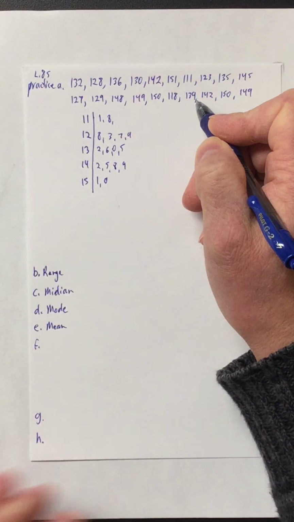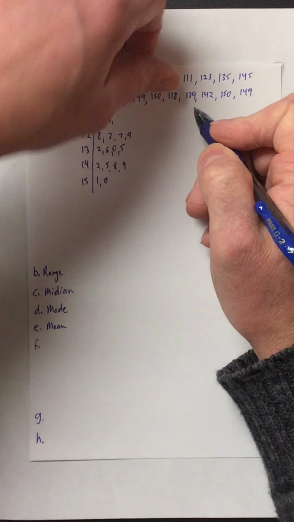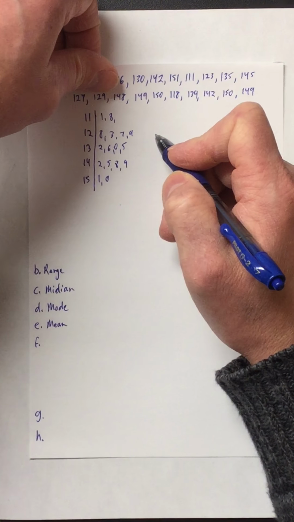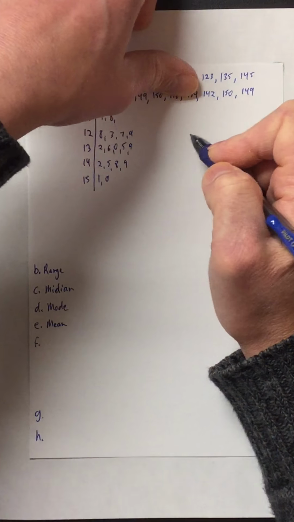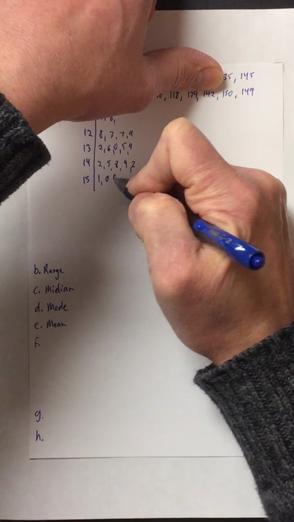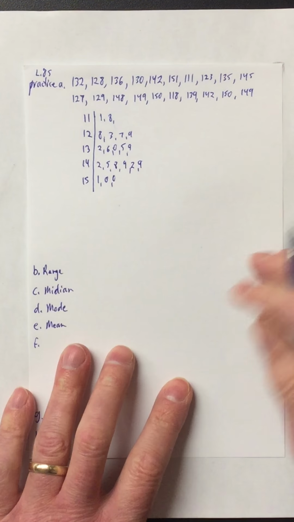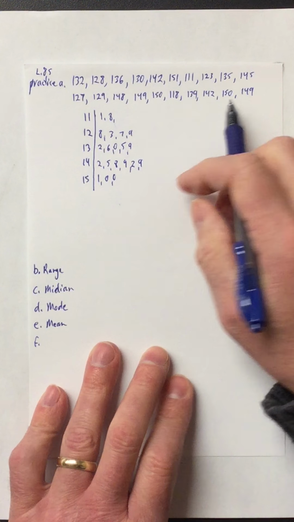13 and a, is that a 9? I better check on that. Yep. 13 and a 9. 14 and a 2. 15 and a 0. 14 and a 9. Okay, so as you can see, if I were to take these 20 numbers and just